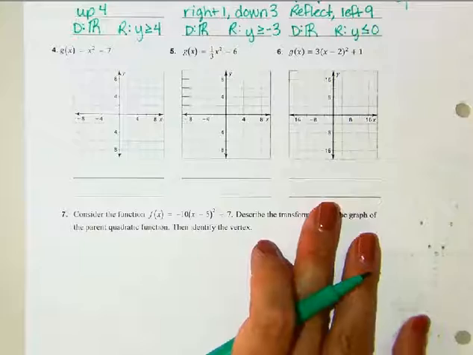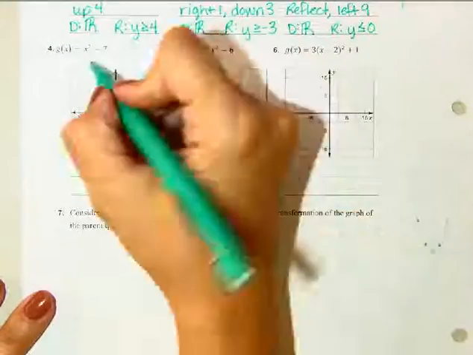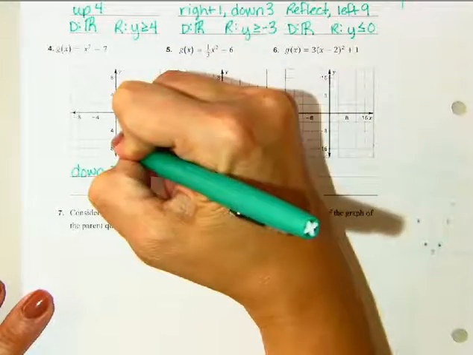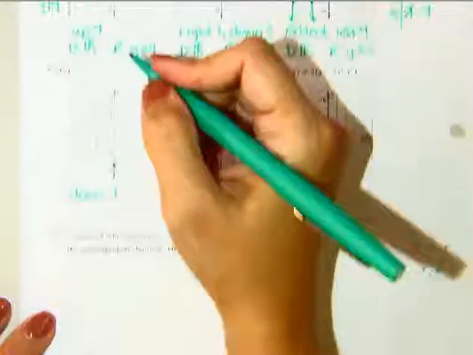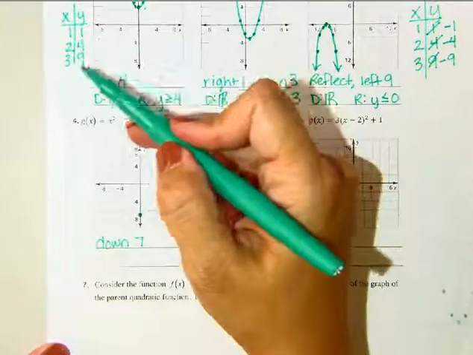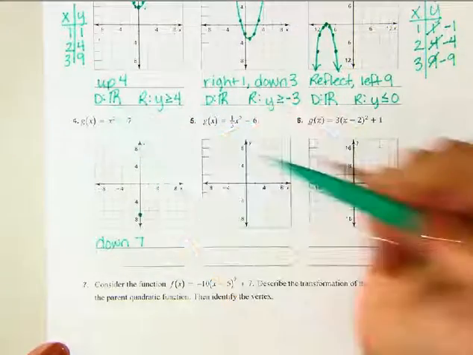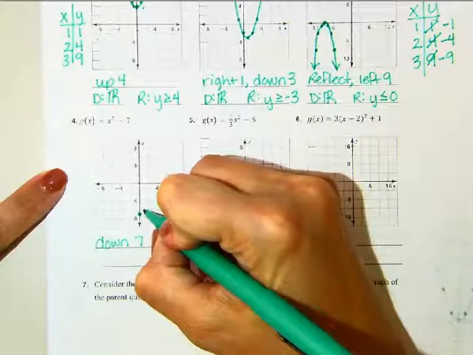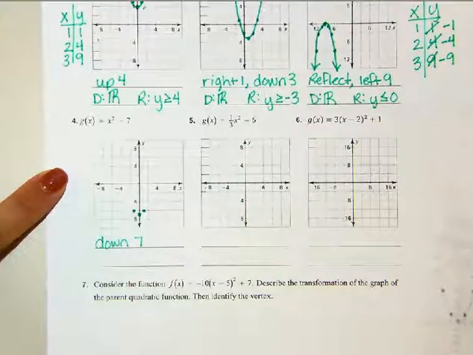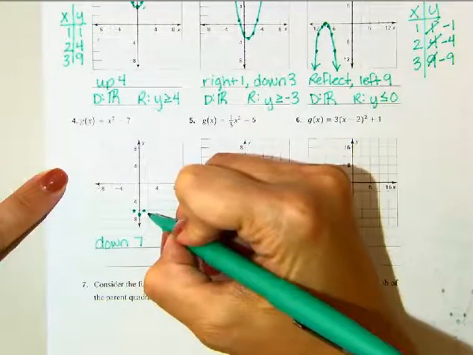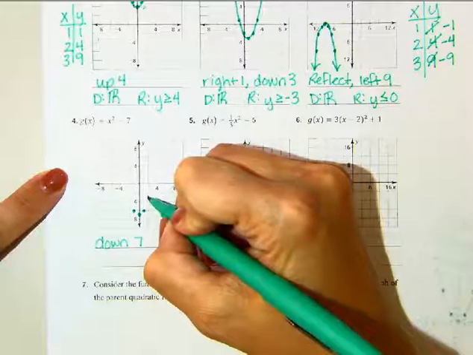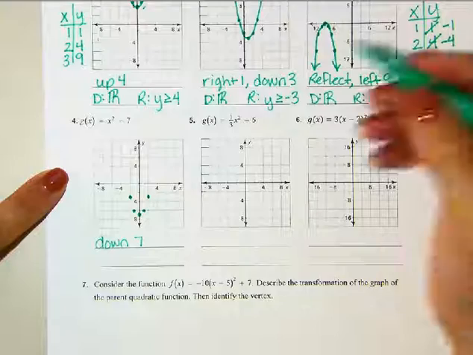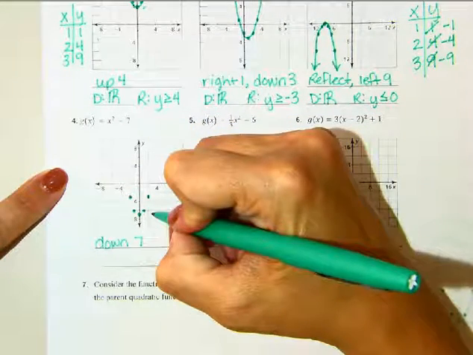Now if we come down here to number 4, this one's just going to go down 7. So I go ahead and plot that point. I use these points that we memorized, 1, 1, 2, 4, 3, 9, because there's nothing multiplying here. So from here, I'm going to go right 1, up 1, and left 1, up 1. Right 2, up 4, left 2, up 4. And I'm going to go right 3, up 9,